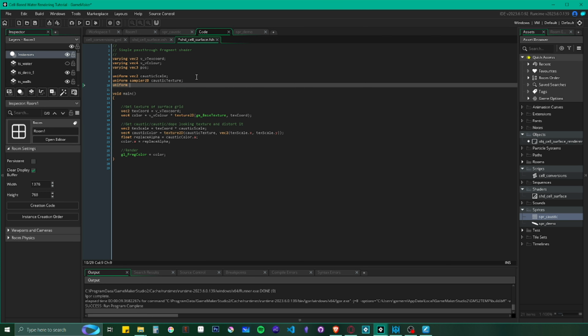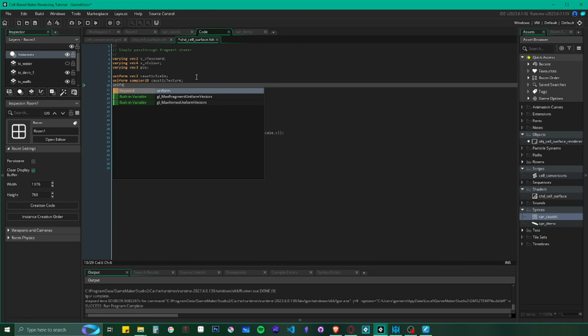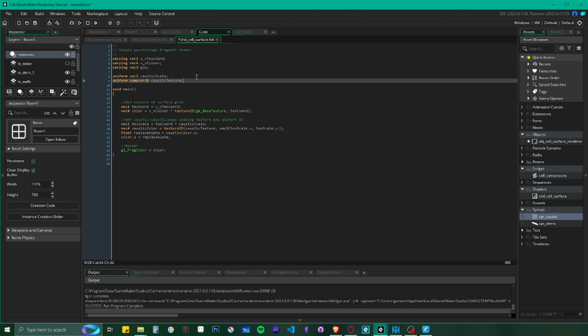Oop. And it's going to be a float. And we're going to call it edge mix. So this is like how much you want to mix the edge of a square with... Actually, wait, no, we don't even need to do this. Hold on a minute. Instead, what we're going to do